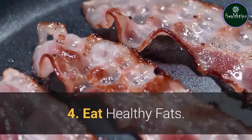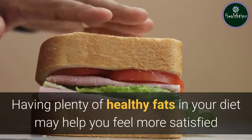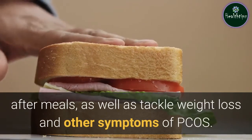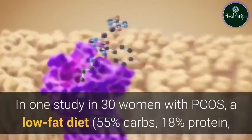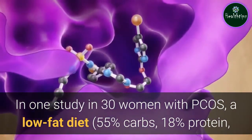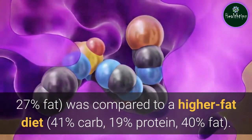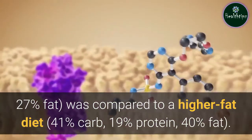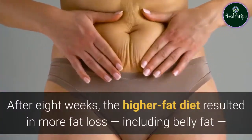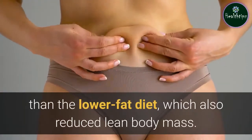4. Eat healthy fats. Having plenty of healthy fats in your diet may help you feel more satisfied after meals, as well as tackle weight loss and other symptoms of PCOS. In one study in 30 women with PCOS, a low-fat diet, 55% carbs, 18% protein, 27% fat, was compared to a higher-fat diet, 41% carb, 19% protein, 40% fat. After 8 weeks, the higher-fat diet resulted in more fat loss, including belly fat, than the lower-fat diet, which also